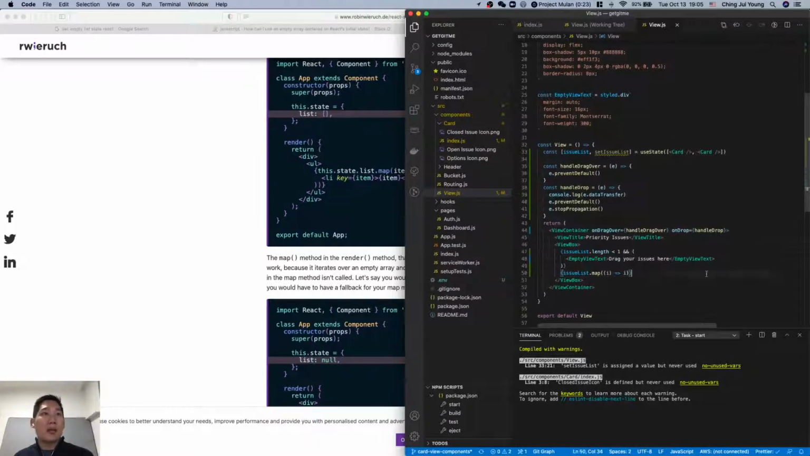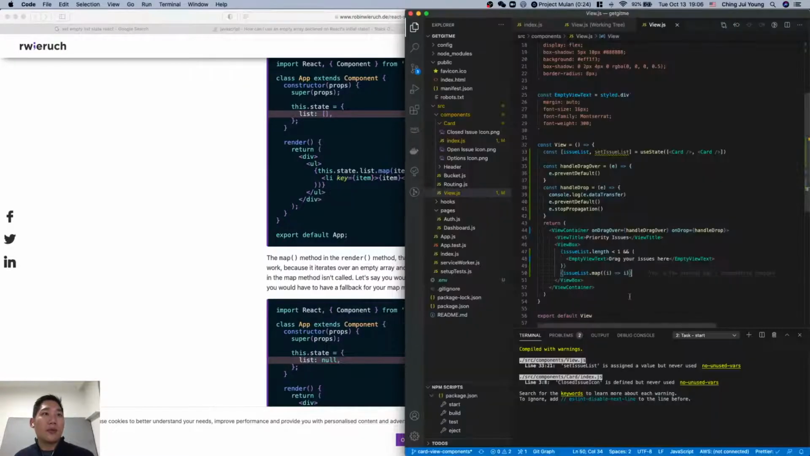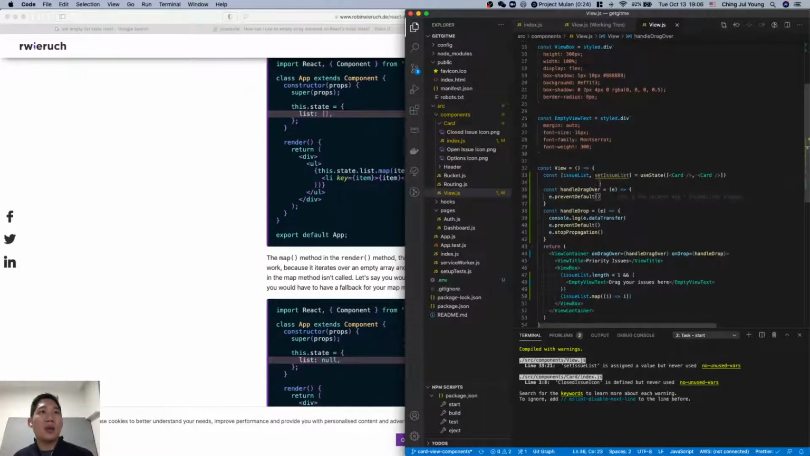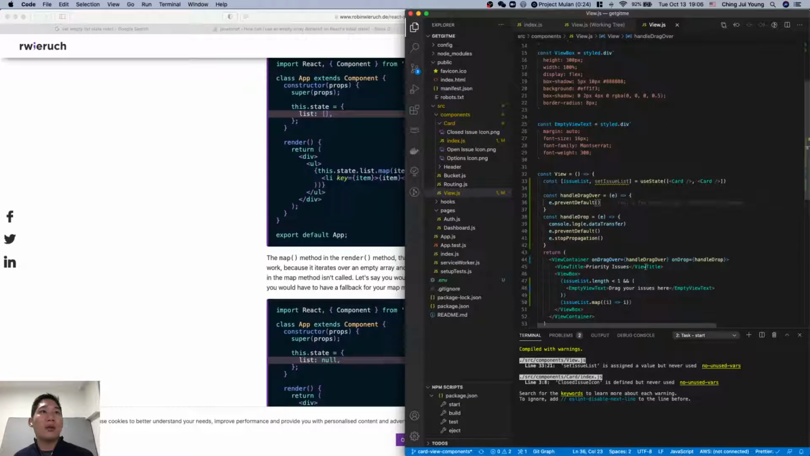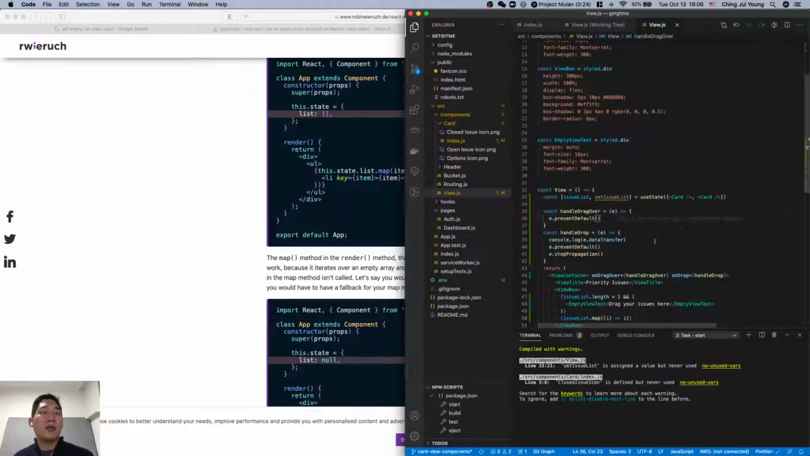I wonder if this is a good time to actually start bringing in some dummy data. Okay, actually we could do this first. So handle drag over, we can change the CSS here. How do we do this? If we use styled components,